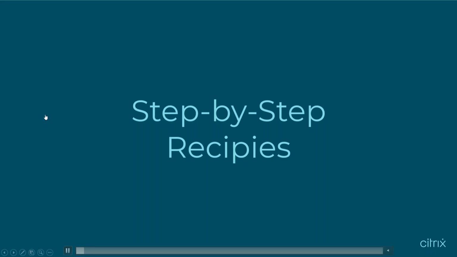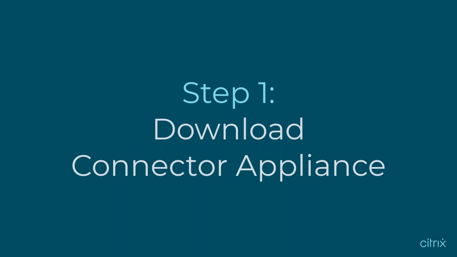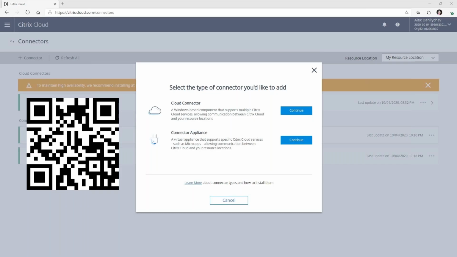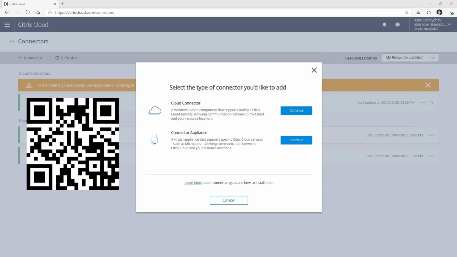All right, step by step. So how are we actually going to do it, right? Let's take a full look at a few recipes. Well, first get access to micro apps, right? You can get an evaluation, and once you get the evaluation, if you want to hook up your on-prem things, you will have to get the connector appliance. Now, if you're not working with on-prem systems, let's say you can stick your app proxy with this SSL Bridge into the cloud, then things are a little bit easier. You don't need to worry about this particular case, but what I'm trying to say is this is probably the most difficult case, and you can easily handle it. So that's why I'm going through it.